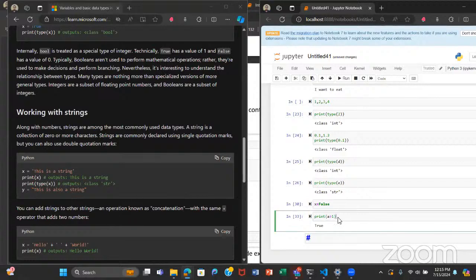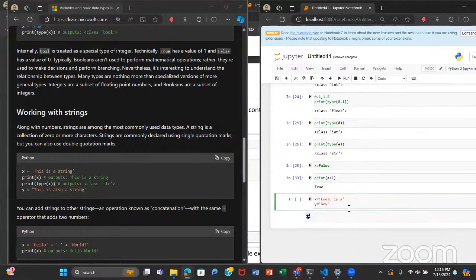Now, a cool thing we can do with strings is that we can combine two strings together. Let's say we have a string x that says a, and we have another string y that says boy.